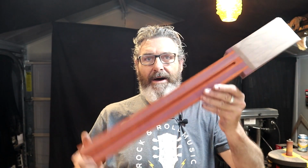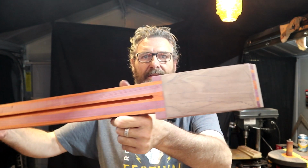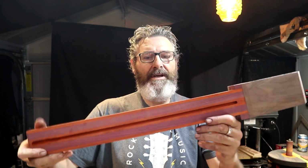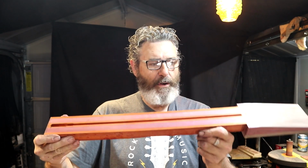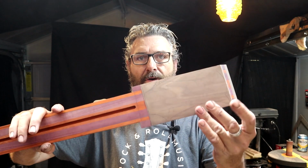Where I'm at now, we've got our neck blank. I've got my neck shape drawn off on there. I laid my template down, made sure I had it nice and firmly held, and I drew out the shape of my neck all the way around here, and I drew out my headstock shape. What we're going to do right now is cut the rough shape out of this neck, and then we'll be to a point that we can attach a template to this thing, run it across the router table, and get